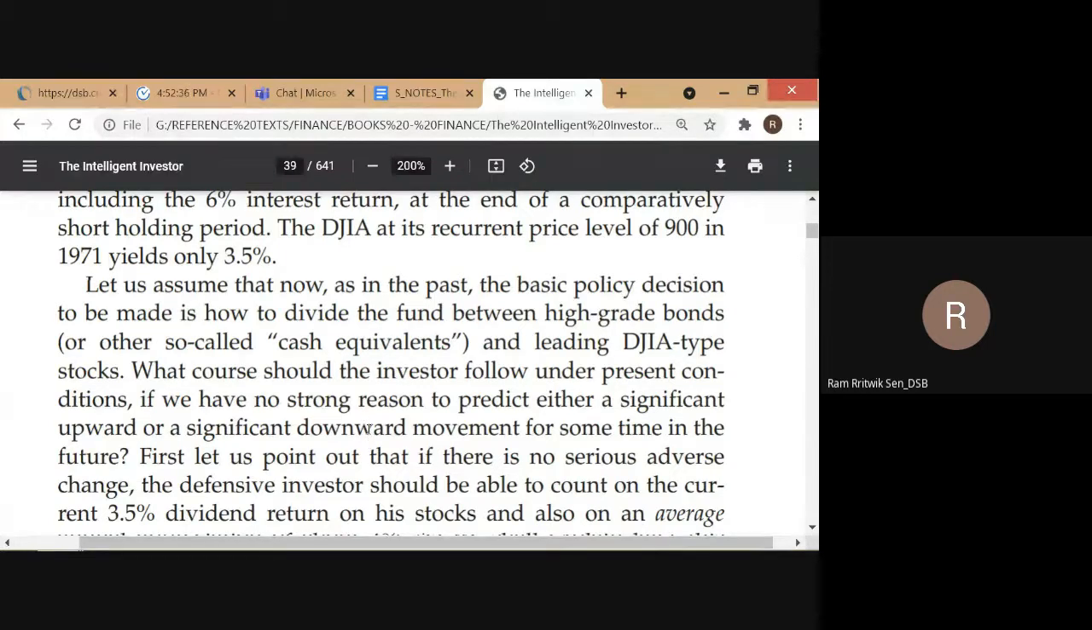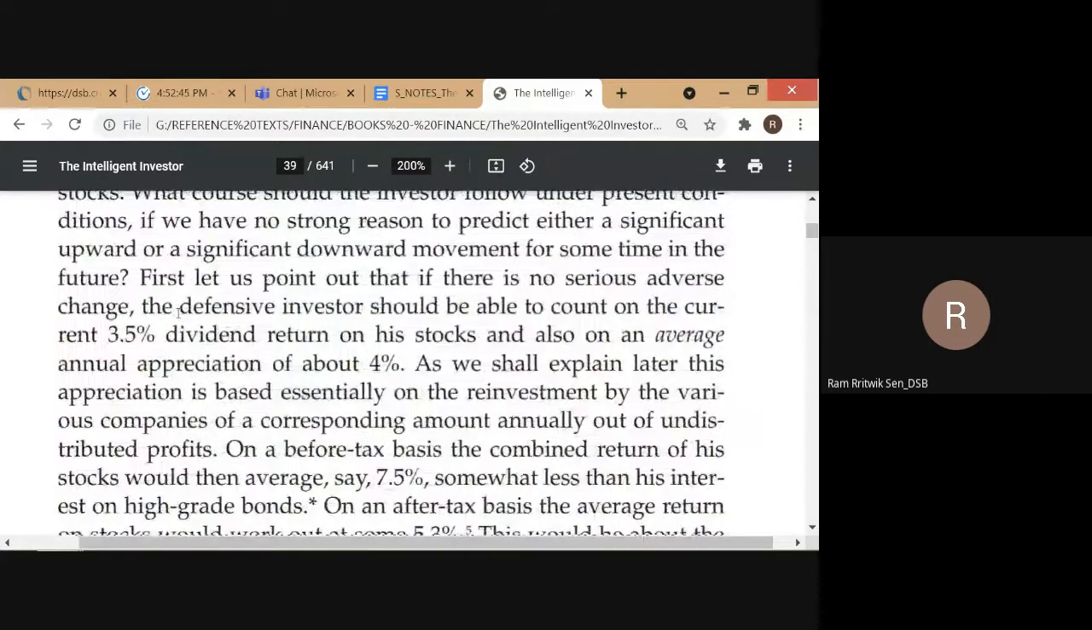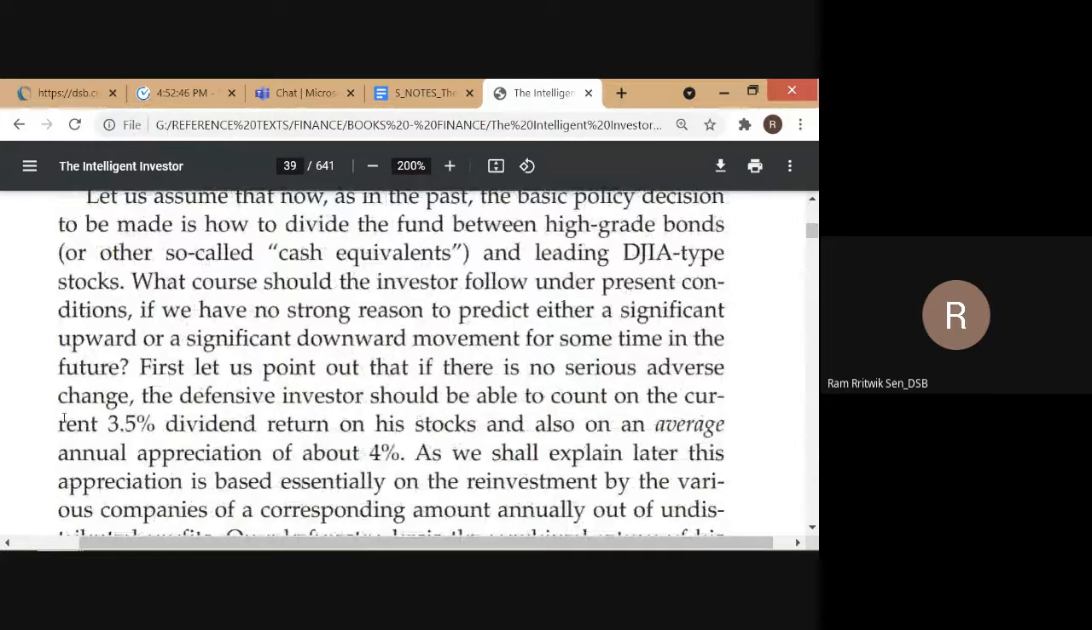Okay. And leading DJ stocks, basically how do you split the fund between high-grade bonds and this? What course should the investor follow? Yeah, so what they're saying is, okay, what should he do? Now he's saying that the defensive investor should be able to count on the current return, okay? And also on an average appreciation of 4%. Well, actually,